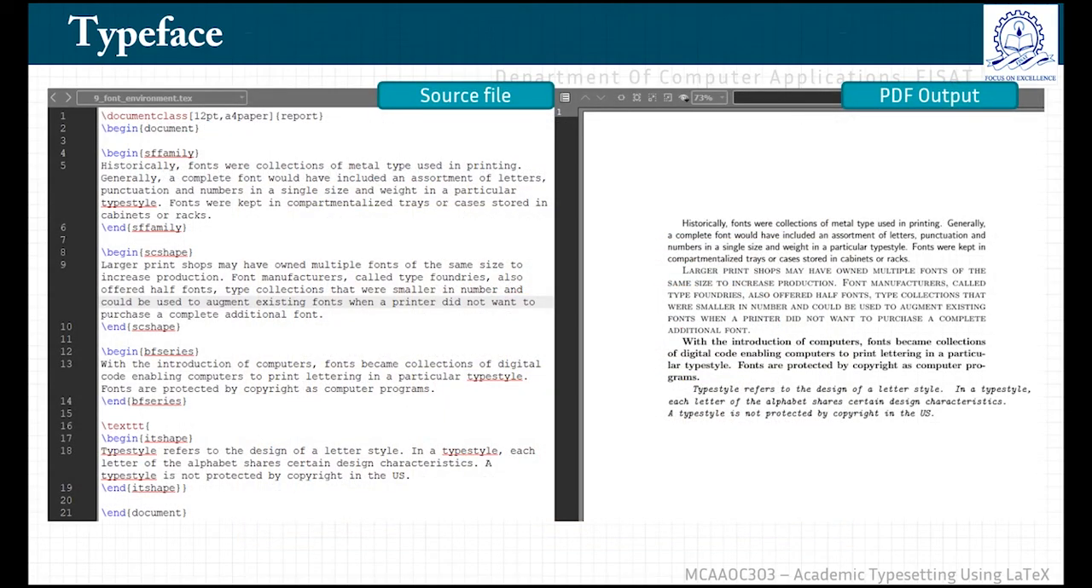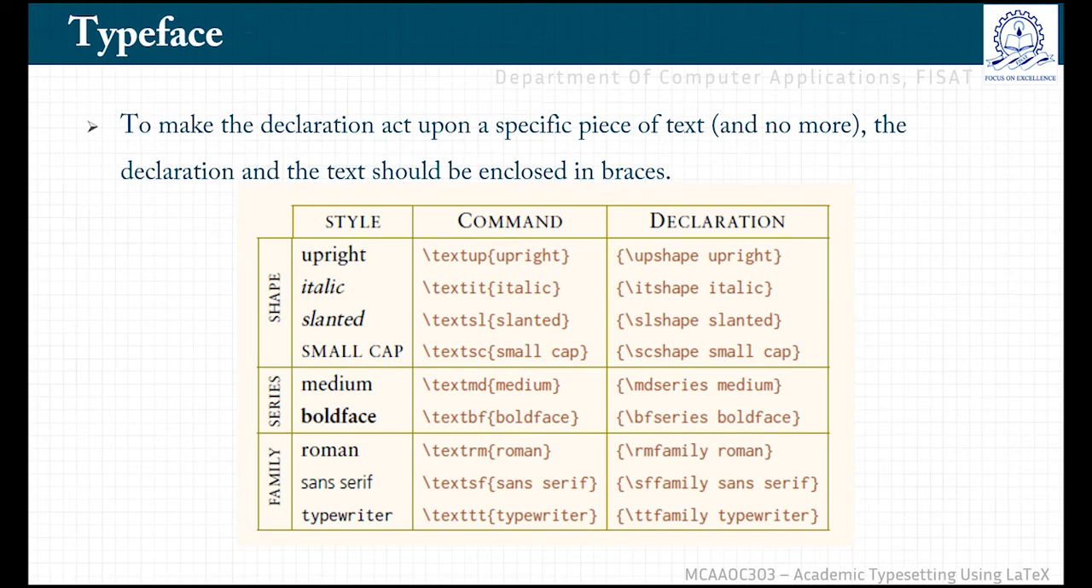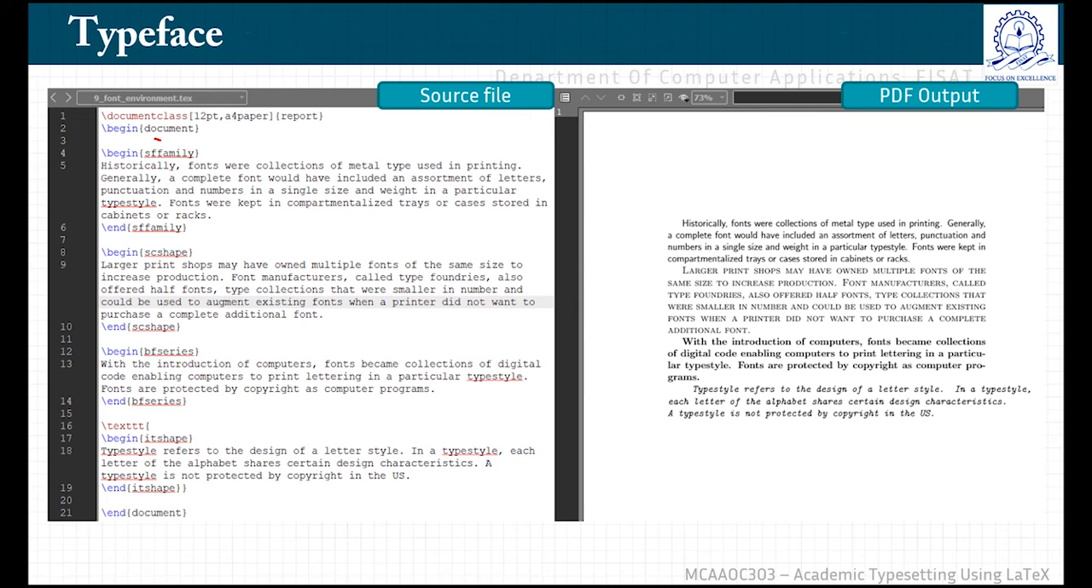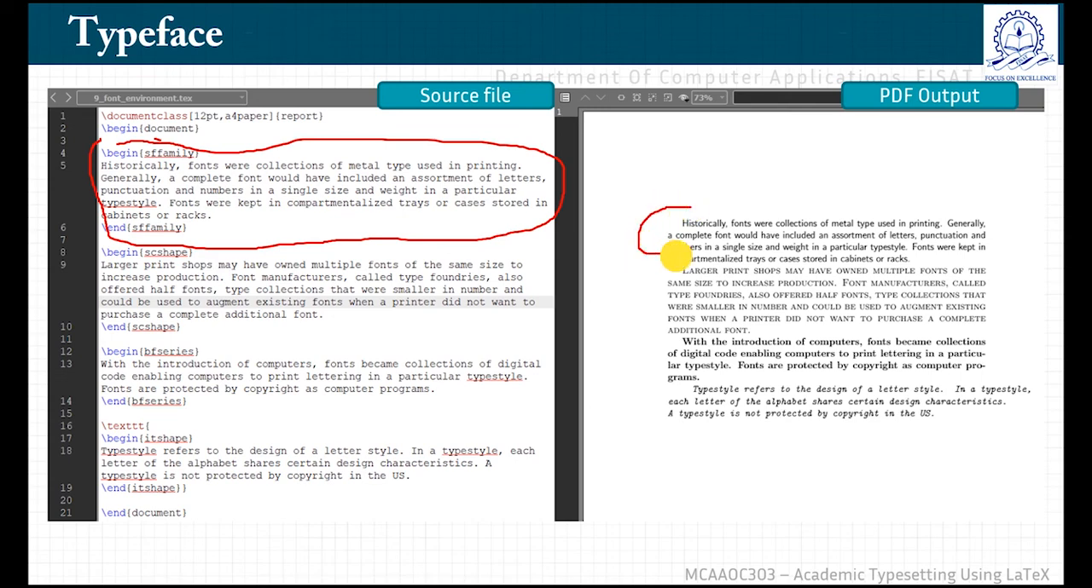See this example. Here we have four different paragraphs. These four different paragraphs are printed in different formats. Let's see each one. See this, I am here beginning an environment, sffamily. What is sffamily? See the previous table. Here I am declaring an environment of sans serif family, and I am beginning that environment here up to this block, end sffamily. I am giving this text. So how is it displayed? It is printed in sans serif